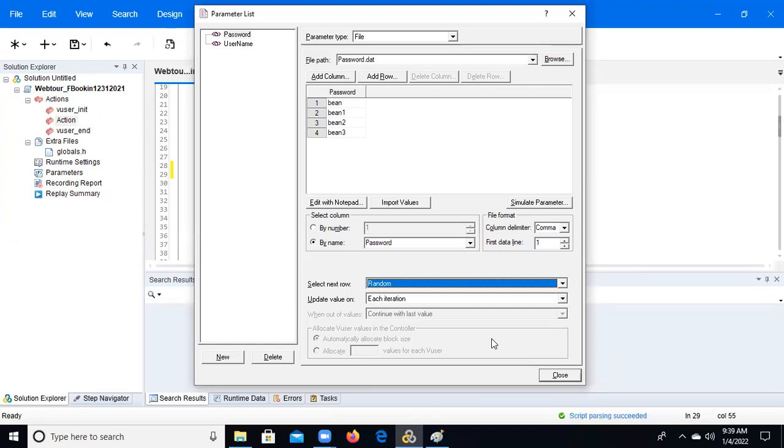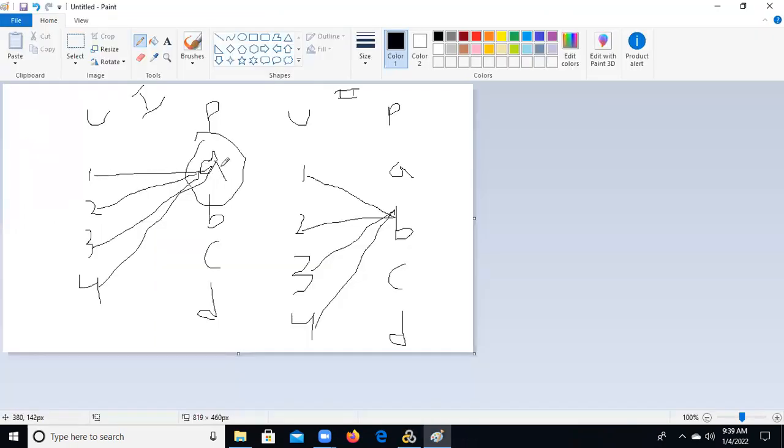Random means users will pick the values randomly. This time the first user will pick the same data point, but next time one will pick the D, maybe 2 will pick some different value, 3 some different value, 4 some different value. That is a unique random each iteration.